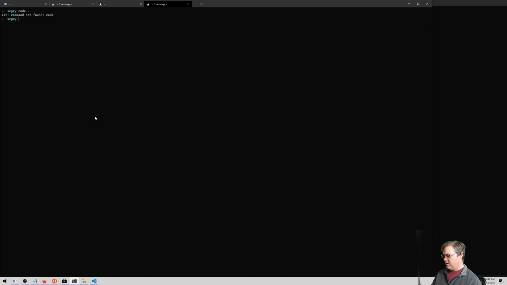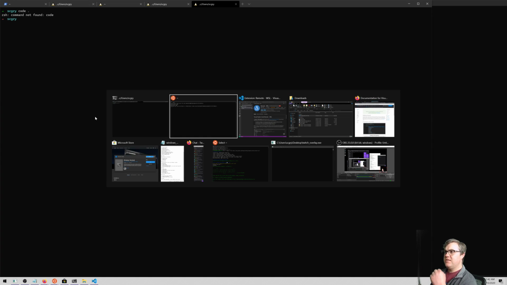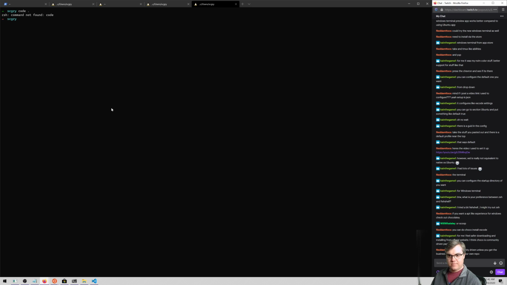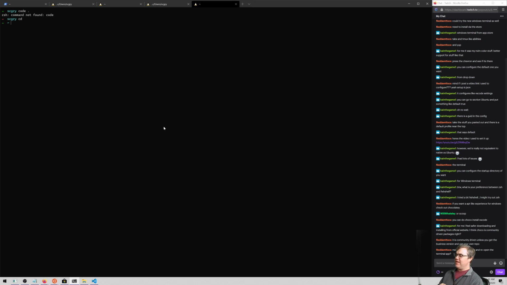If I come back here, open up another tab. Yeah, so it can't find code. It's not in my path there. Well, I guess that's not necessarily a huge problem. I could just set up VS Code and open it normally. We could use Vim, that's also another choice. Or we could use the Ubuntu window, although that also started the fans on the computer pretty hard. I don't know if you were able to hear that.